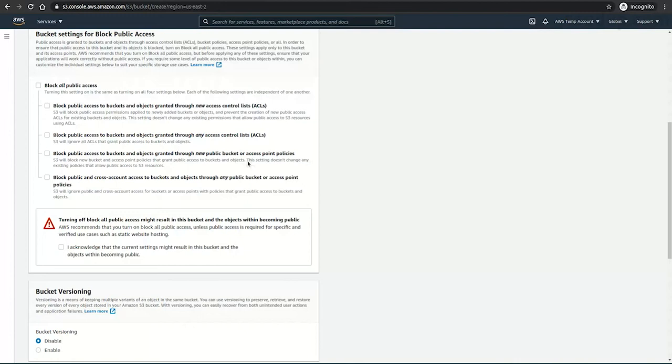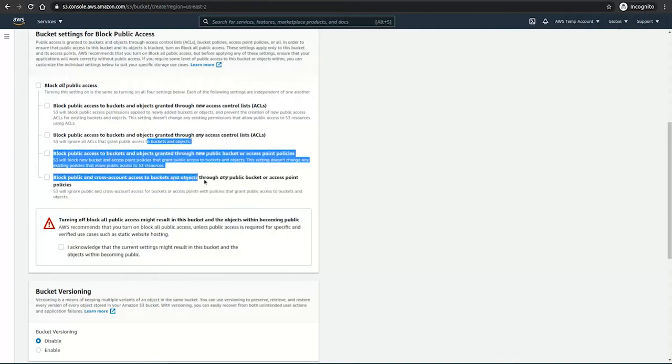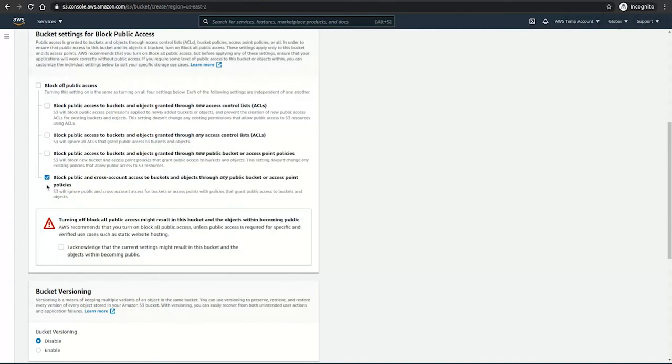Customization of security: if you do not intend to block all the public access but you want certain people to be able to discover your bucket, you can do that over here very simply. For security reasons, today here I will be blocking all the public access.